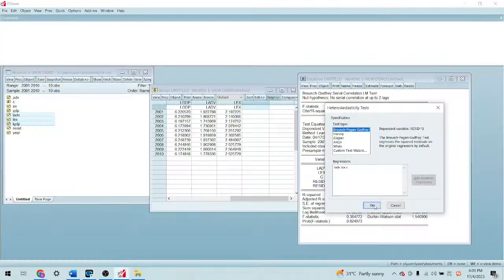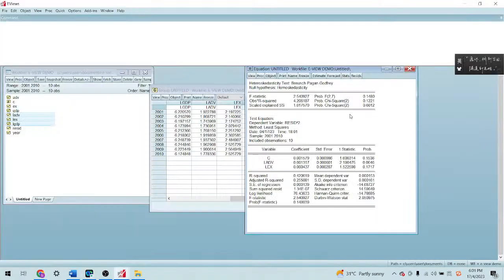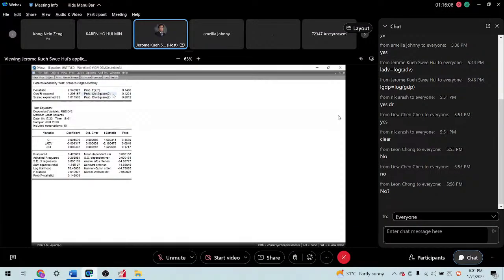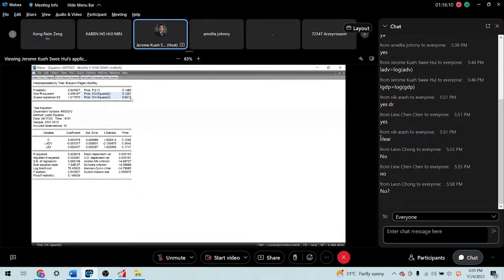Then you can see there's a lot of information available. Again, we concentrate on the chi-squared. Even with these two chi-squared values, you arrive at the same conclusions. Normally we aim for the observations times the R-squared.